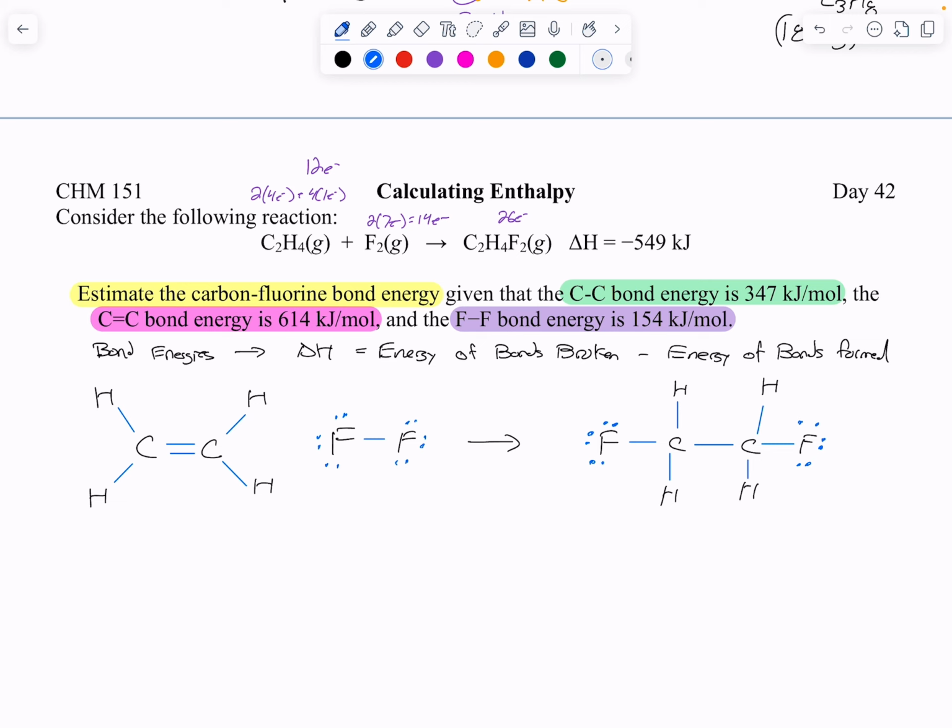Well, if you look, first of all, what bonds don't change? If you look, the C to the H's are on both sides, right? I don't think those are involved. I just think the broken bonds would be here and here, and the formed bonds would be there, right through the middle. I think the CHs don't change, which is nice because we didn't get the CH bond energy, so that's kind of a good hit. So delta H would equal bonds broken, which would be